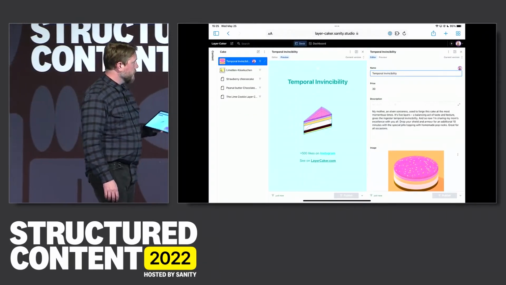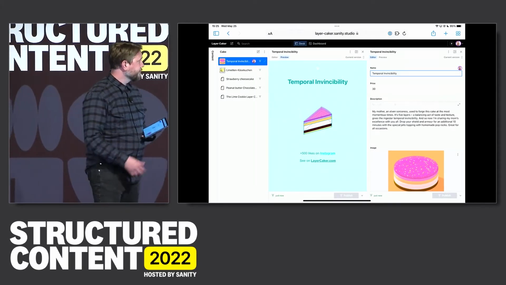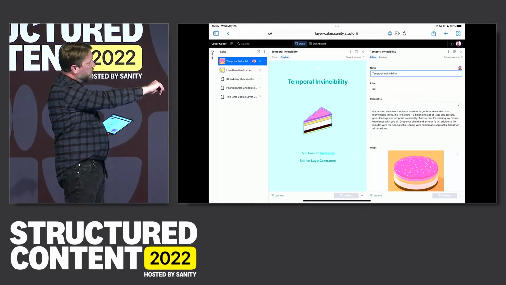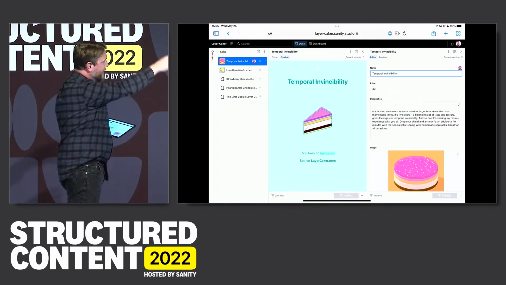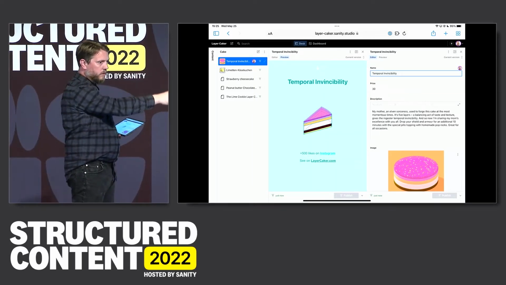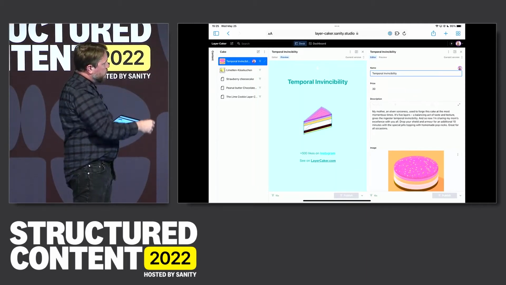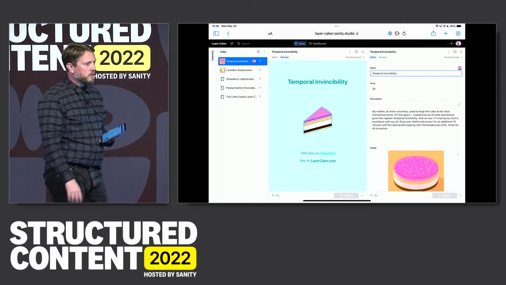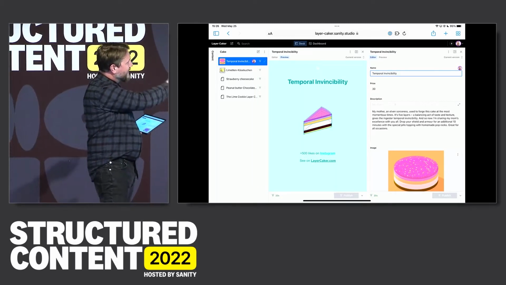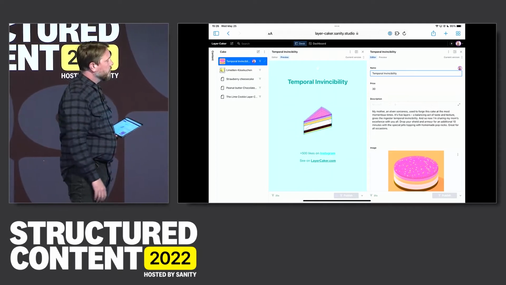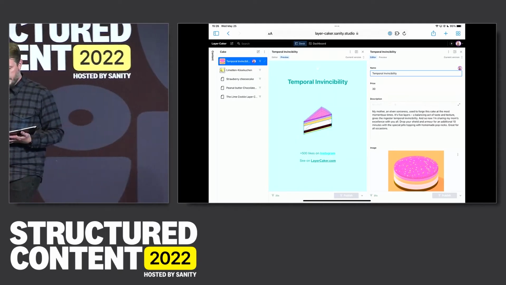What you're seeing here is a Sanity Studio. On the right is an edit form for our current idea of a cake, the structured content. And on the left, normally used for live previews of content in a studio, we're using this space to illustrate the concepts that I'm talking about. So that's the cake that we are currently making and selling.